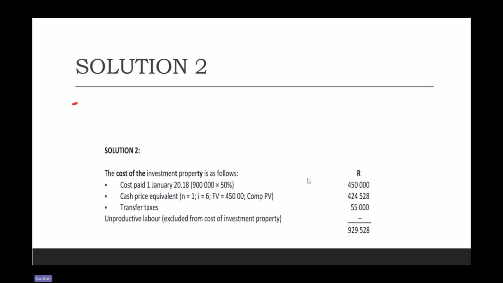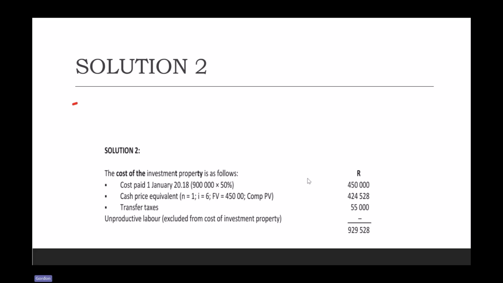The standard in IAS 40 tells us that we exclude unproductive labor cost. But you need to write unproductive. If you don't write unproductive labor, we don't mark it. You get it wrong. We need to know that you've actually written unproductive. So don't just ignore it. Write it